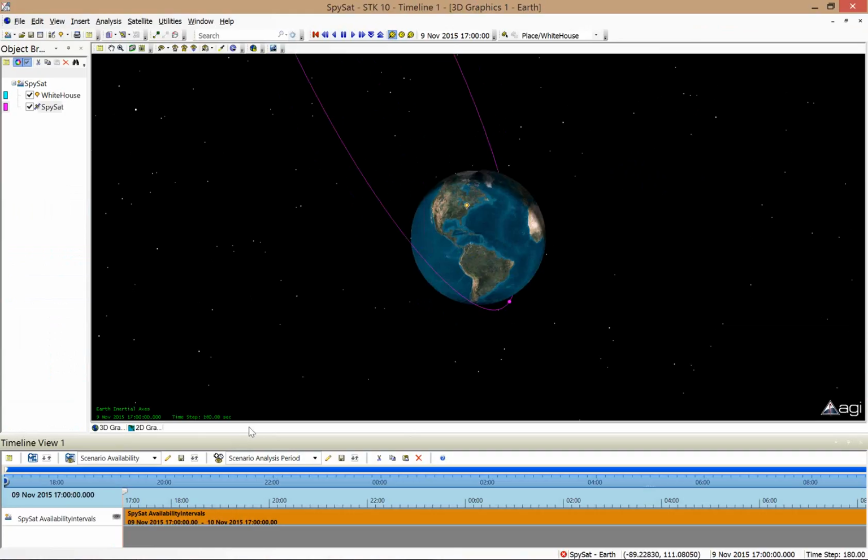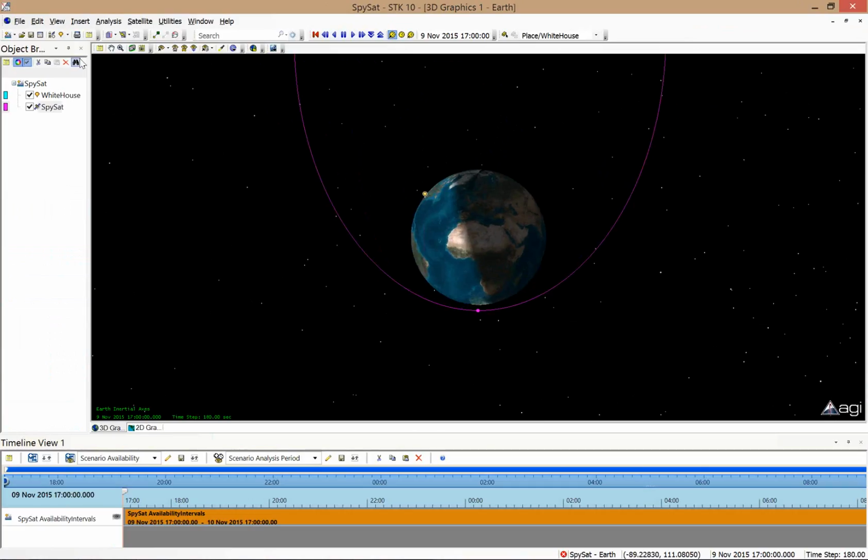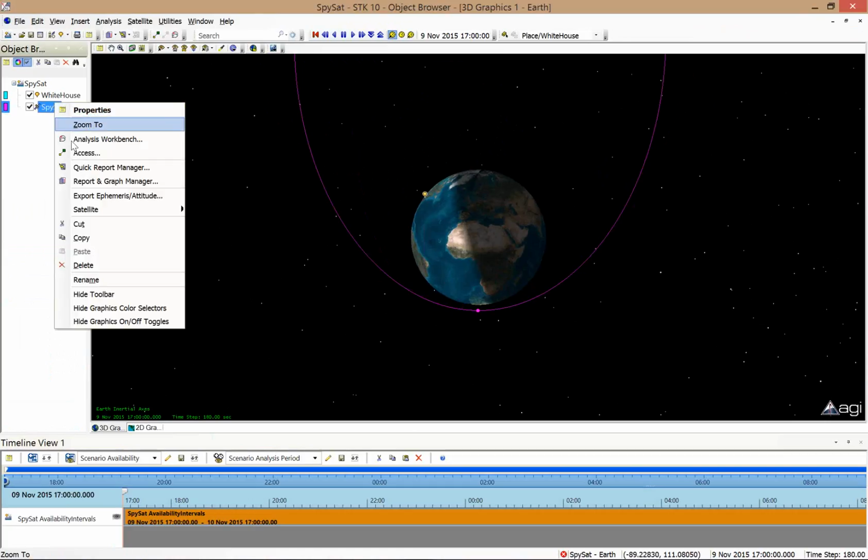So now that we have our objects, we want to see when our SpySat can see DC. So we're going to reset the animation, and it's very important. We call this access. It's when one object has line of sight to another object. And we want to make sure that you have the correct to and from. So we want to go from our SpySat